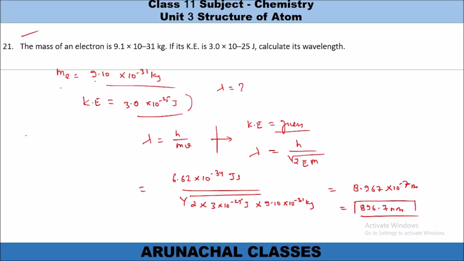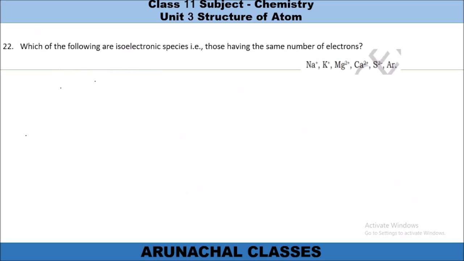Now we have reached question number 22. Let's move to question number 22 here. We can see here: which of the following are isoelectronic species. So they are talking about isoelectronic species. It means these species will have the same number of electrons. Now a pair of species has been given and we have to find out how many electrons are there. So in the case of sodium, the atomic number is 11. If the atomic number is 11 and it is Na positive, it will be 11 minus 1, that is 10 electrons. In potassium,